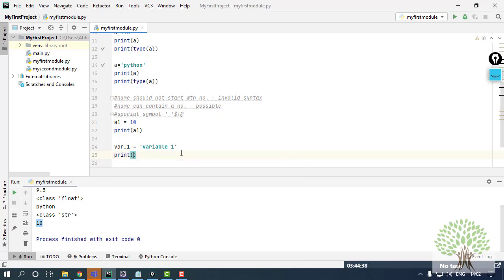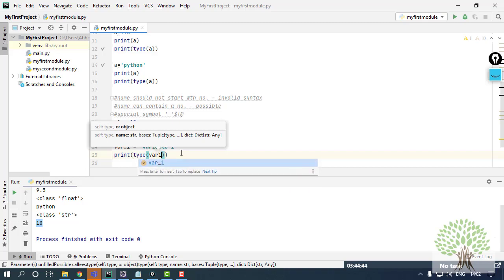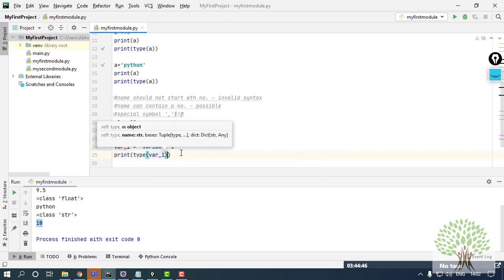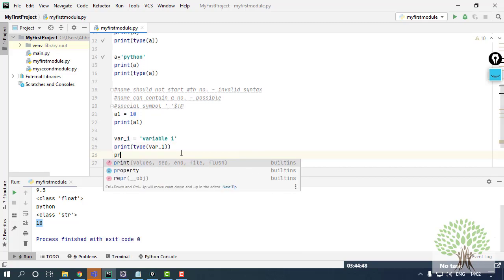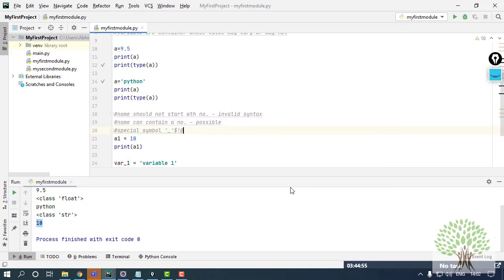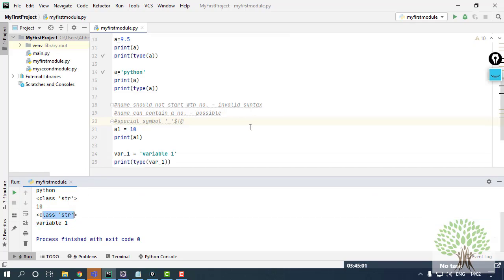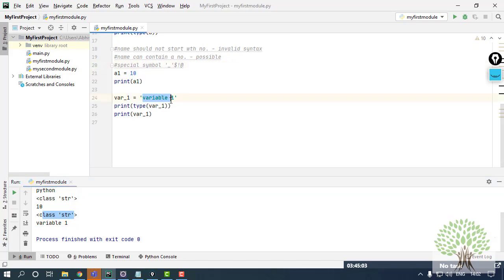I can call the type function over here for my var_1, and I can also print this variable. I'll save it and I'll run it. So you can see over here that I'm getting the value as well as the type of the data that is stored in the variable.